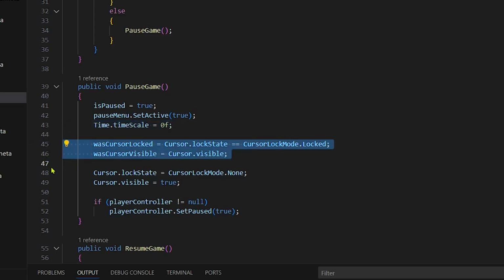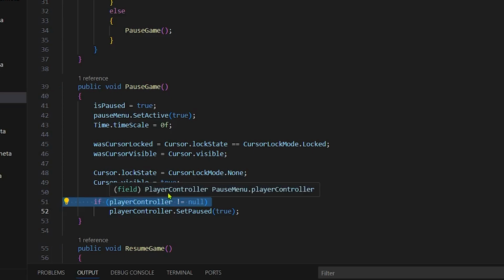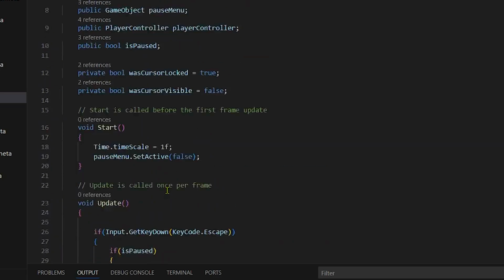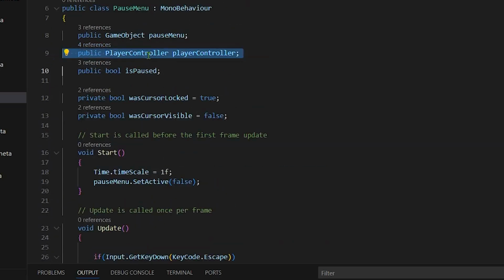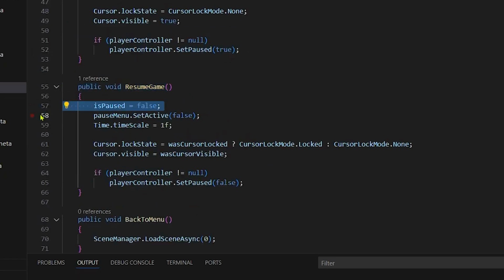Now the following code lets the player's cursor be able to be seen and move around the pause menu interface. The code after is where the player's character stops moving. Without this line of code, the player will still be able to look around despite having the game paused, which is an undesirable result. Now for the resume game function, it basically does the opposite of the pause game function,